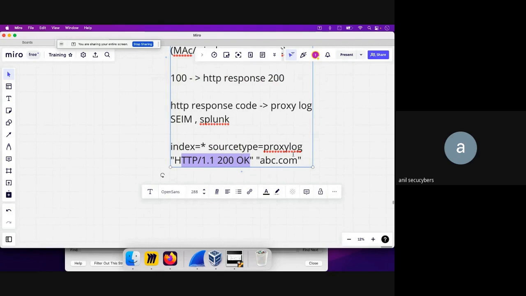This is one of the best ways to do an auto analysis. If you are using Splunk or some other tools, the syntax will be a little bit different, but for Splunk the syntax is like this. You figure out which log will have those entries, and once you have, you look for keywords like 200 and then the domain of that URL, and you can quickly